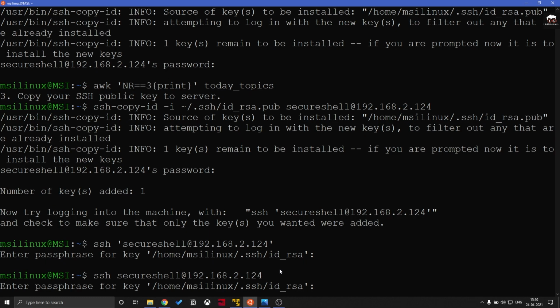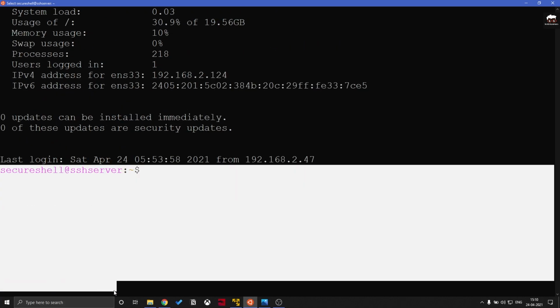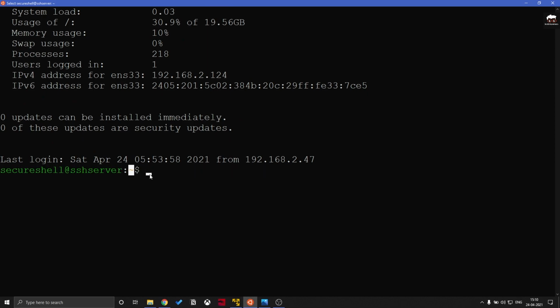Okay, so now it is asking for the passphrase that we set at the time of SSH key pair generation. So now after putting the passphrase, you can successfully log in to the server. As you can see, the username and the host name changed after login, and also you can see the IP address of that particular machine.